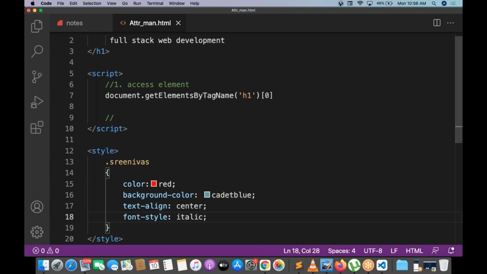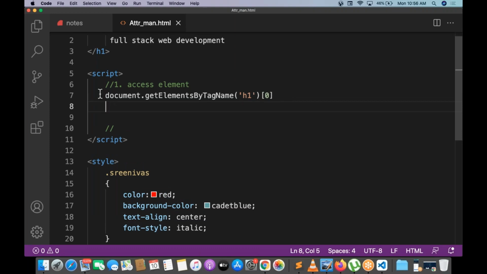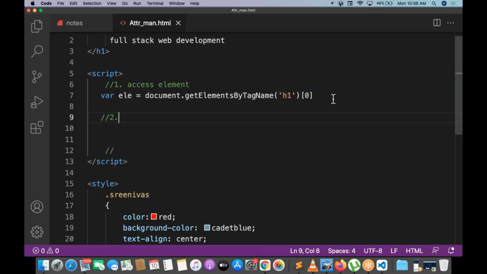That is my requirement. So how to apply this class to the element? Just try to work it out. What is the element? This is the element. Can I store this element? Var ele is equal to document dot get elements by tag name. This is the variable basically. Ele is nothing but element. Now I can access the ele, right? I can make a reference to the element with ele. Ele is my variable.